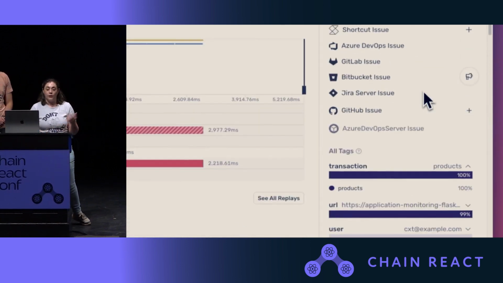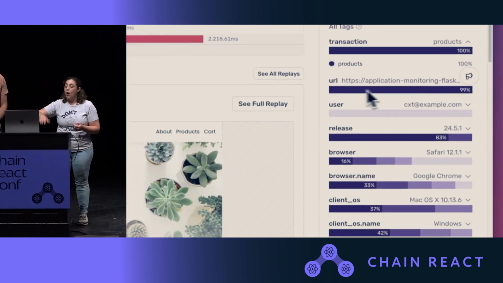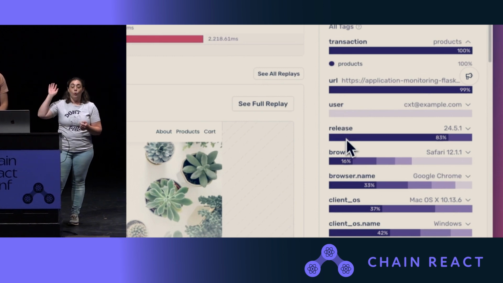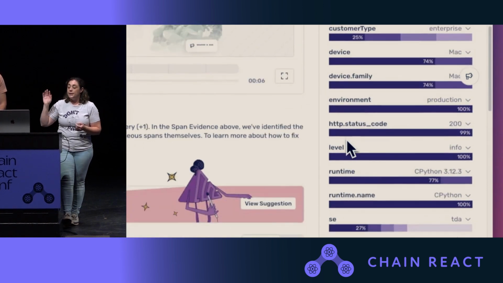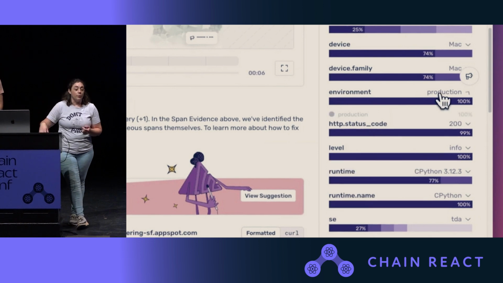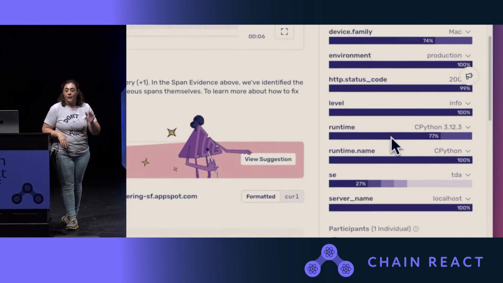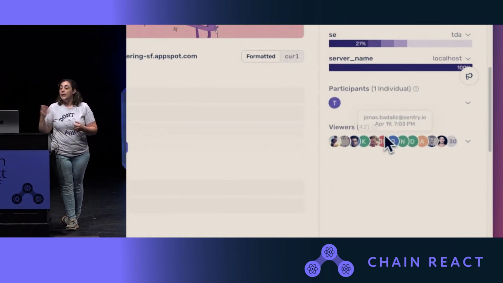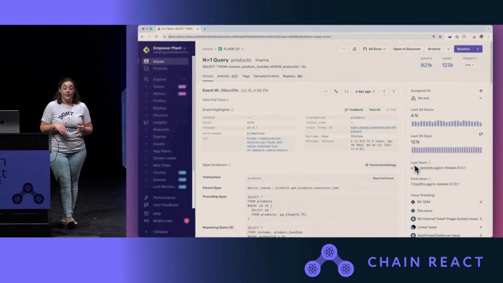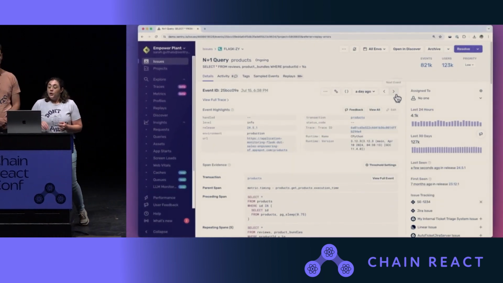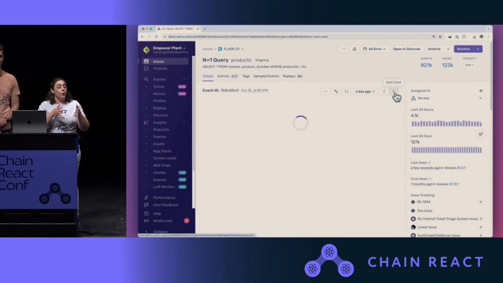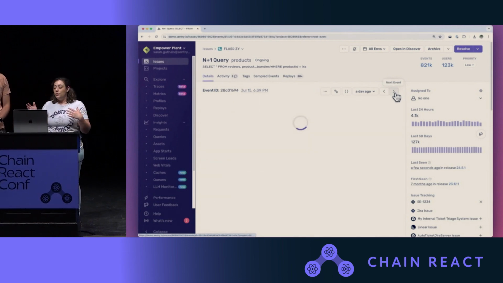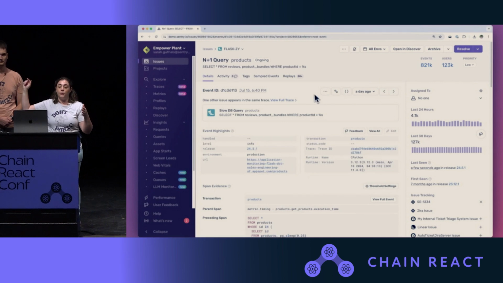Again, issue track in whatever platform you're using, and you get all of this information here. So you can see which users it's affecting, you can see which environment it's affecting. Is this just in development environment, in which case I want to deprioritize it? Is it in production environment, in which case let's fix this now? We auto group all of our events in these issues together, so that way you can click through and see, is this affecting everyone in the same way, or is there different information happening on different